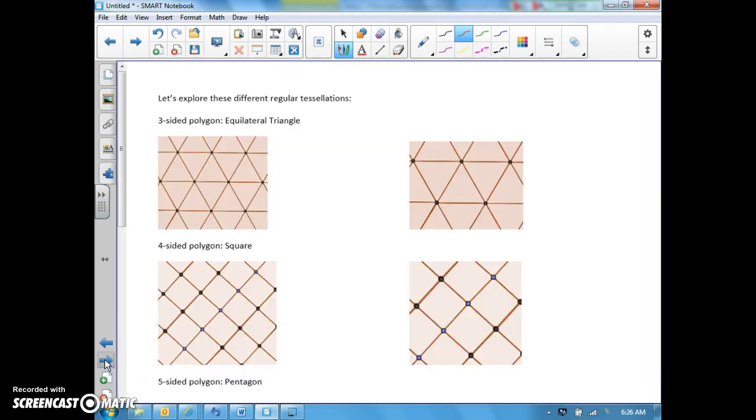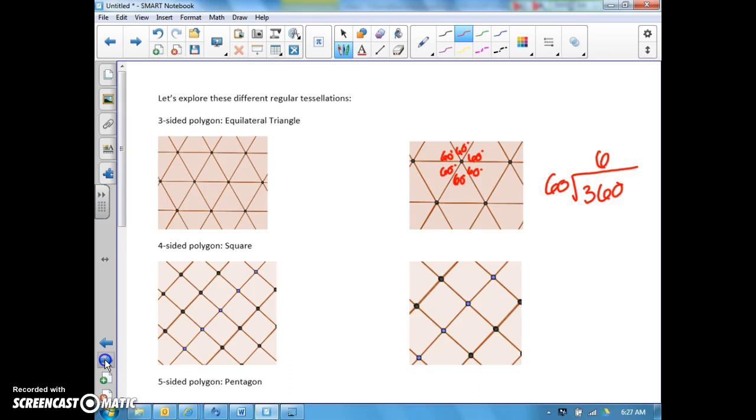So let's take a look at some regular tessellations. The first tessellation we're going to look at is the equilateral triangle tessellation. Equilateral triangles have 180 degrees, which means each angle in an equilateral triangle must have 60 degrees. Well, if you look, those completely fill the plane really well, and one of the reasons why they do so is because as we put all of these corners together, the degrees in the triangles are going to meet and form a 360 degree angle. So if you look, 60 goes into 360 6 times, so we are able to fit 6 triangles together at